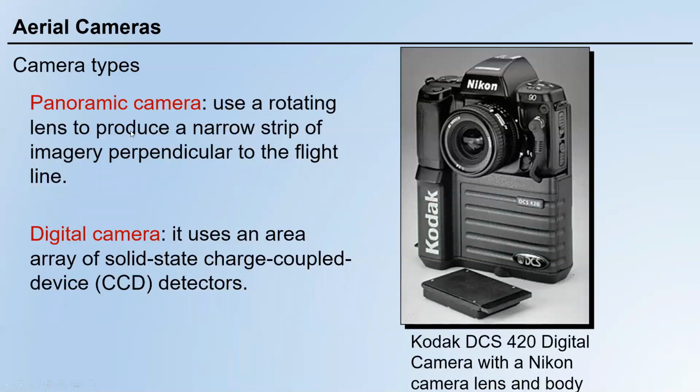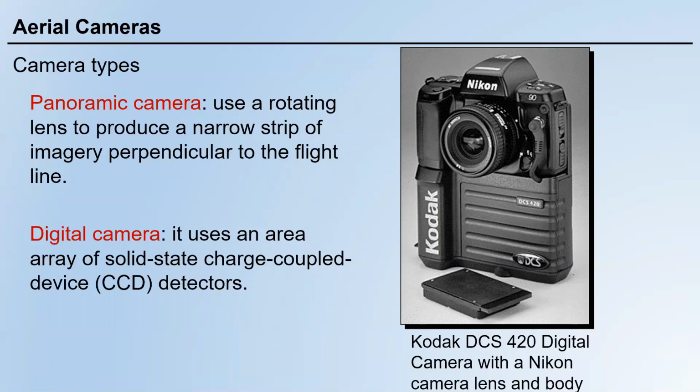But I don't have a picture here, but here is a description for panoramic camera. Use a rotating lens to produce a narrow strip of imagery perpendicular to the flight line. This is very similar to the whisk broom detector I introduced in the last lecture, right? The sensor, the aircraft is moving along a direction, say from east to west. But this camera mounted on the airplane, it is looking at the ground and it is rotating from north to